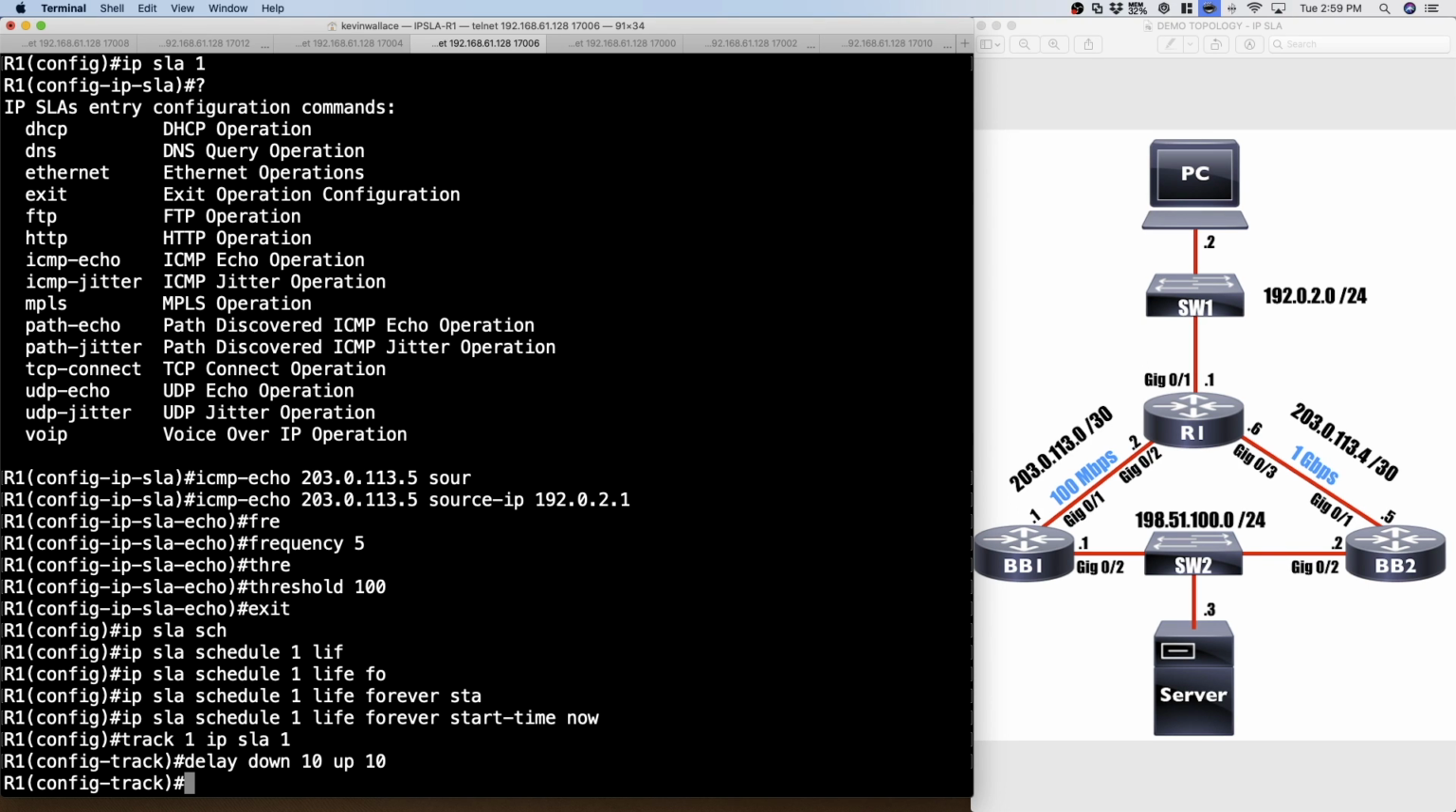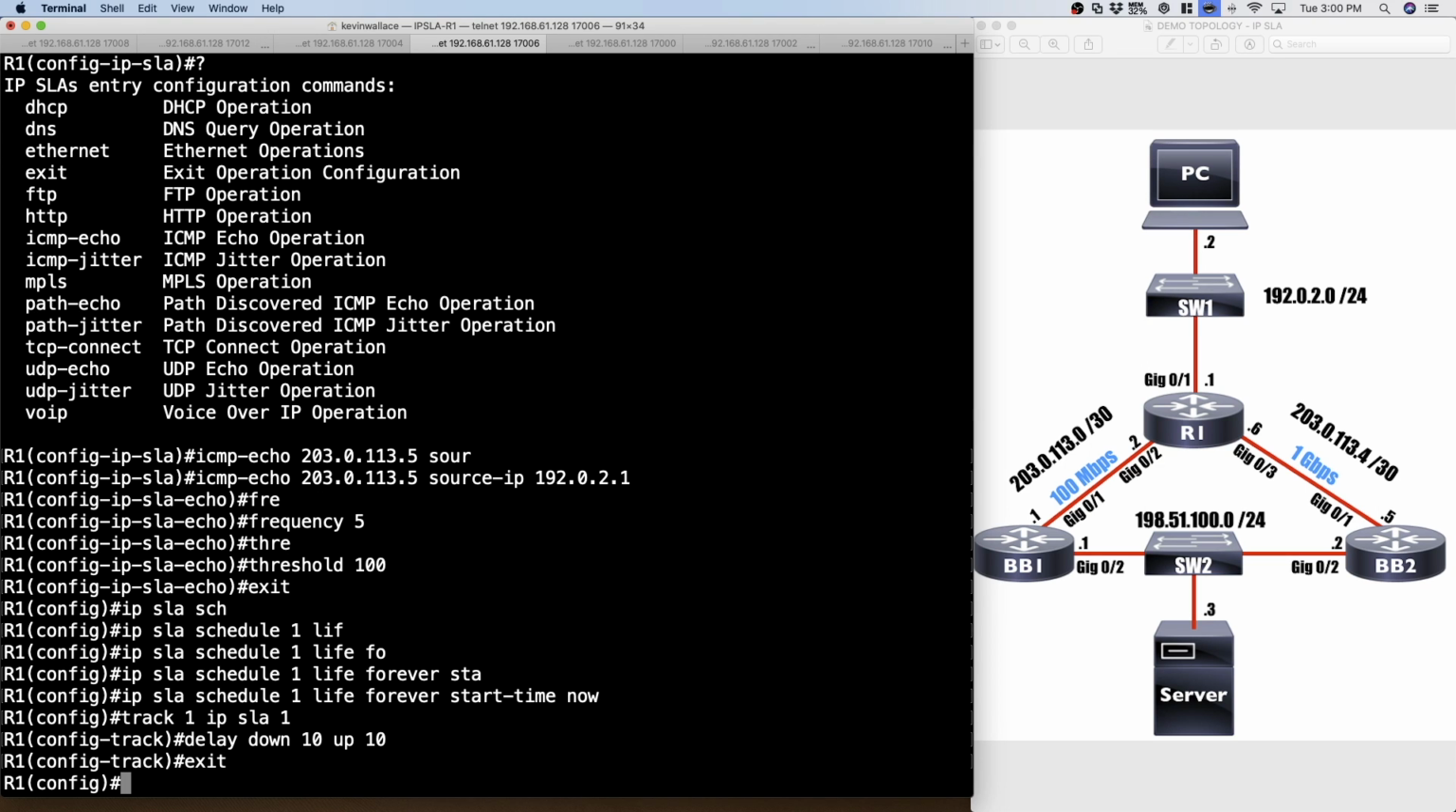But I'm going to put a qualifier on that. I only want to use that as my next hop if and only if my tracking object is in the up state. In other words, my round trip delay has not exceeded 100 milliseconds for at least 10 seconds. So let's do this. Let's set up a static route. I'm going to say IP route, 198.51.100.0 with a 24-bit subnet mask,